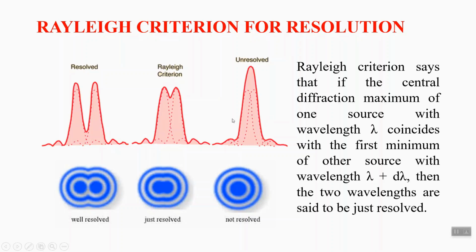As long as the primary central maxima are distinct, it is obvious that there are two sources. But when the primary maxima overlap, it looks like the pattern of a single bright source. Confusion sets in when the maximum of one source enters the primary minimum of the other.